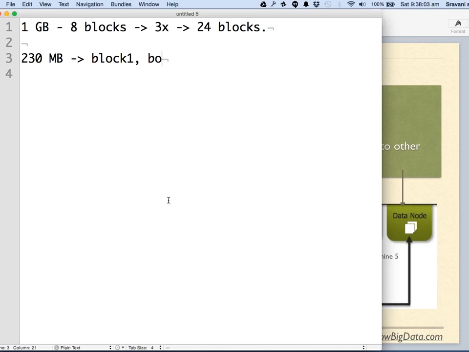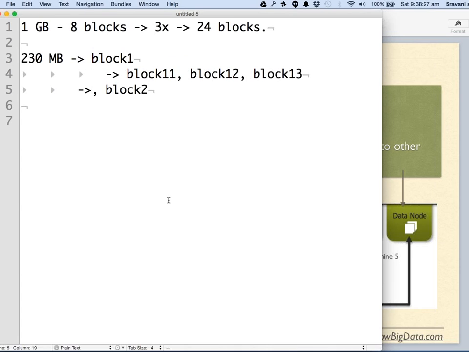We call them block 1 and block 2. Block 1 has copies block 1 1, block 1 2, and block 1 3, and block 2 has copies block 2 1, block 2 2, and block 2 3, right?